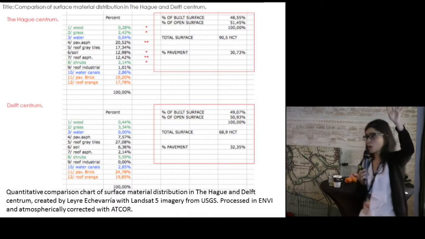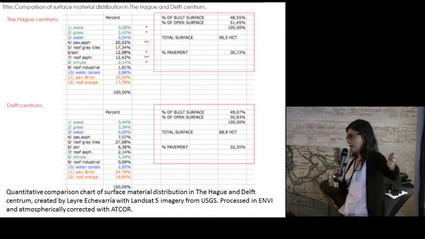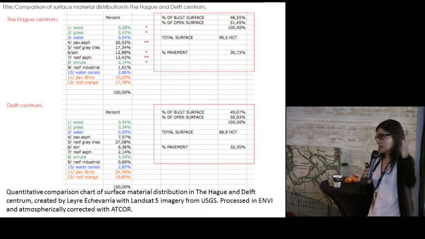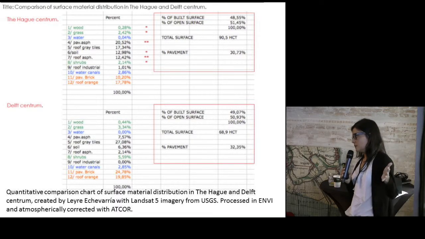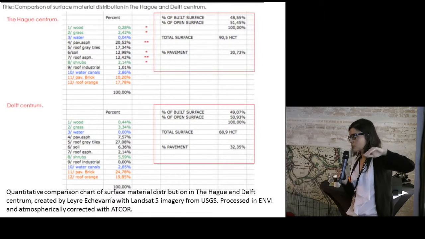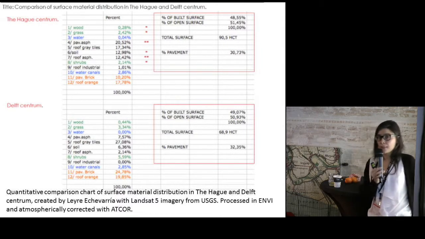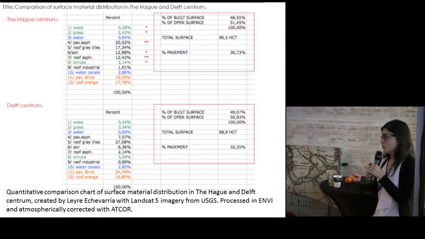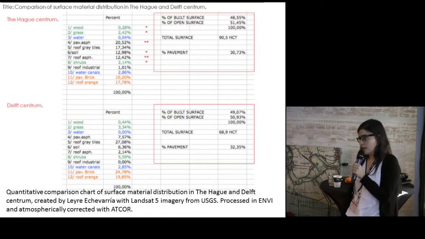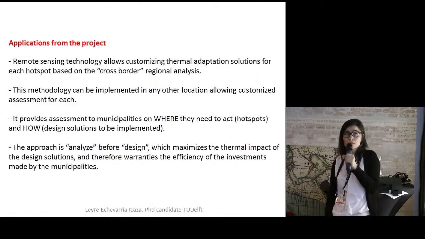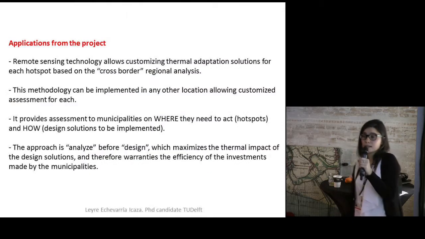This is just to show how we go from the analysis to the design measure. This has been done also for the albedo, so for analyzing the reflectance of the flat roofs, also for analyzing the reflectance of the sloped roofs. And the idea is that we provided the city of The Hague with a set of guidelines in order to intervene. The applications of this project is basically